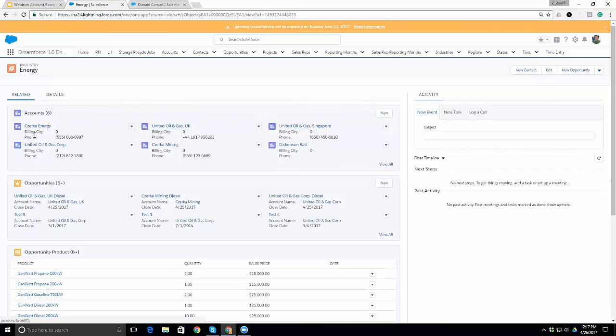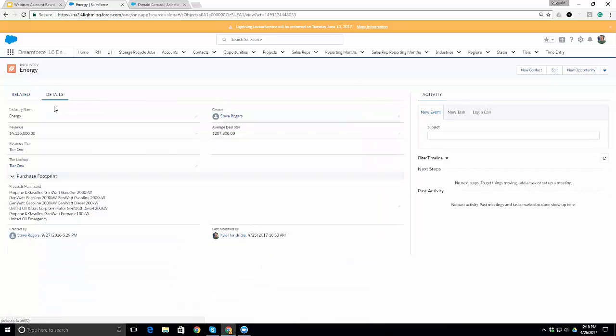So you can see here we've got accounts that don't have any revenue, and that might not be the ideal situation if you are targeting key accounts and you want those to be the accounts that bring in the most money for your company. So understanding that principle first is going to determine how you set all of this up. But for the requirements I have here, all accounts that fall within an industry that brings the most revenue are key accounts. So if I go back and look again at the details, this industry is over 3 million, and I found that out by calculating that revenue with a roll-up field.